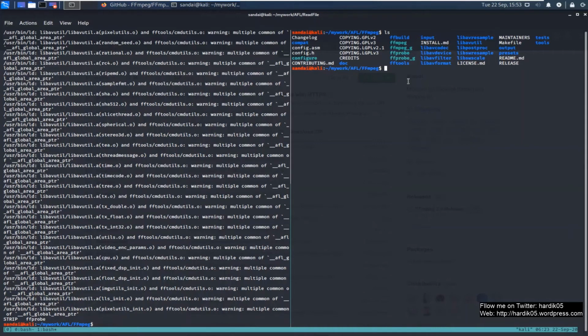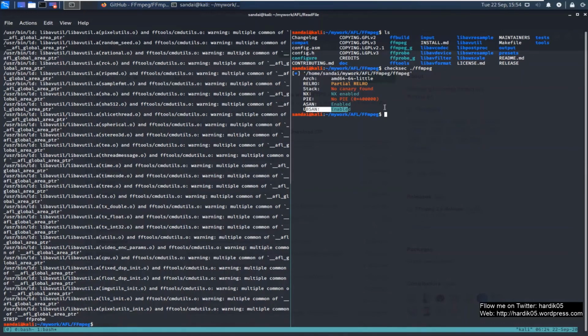For that we will use the utility called checksec from the pwntools package, and we can just give the name of the executable over here, and it can give you the details whether our executable has been compiled using ASan or UBSan or not. As you can see, ASan has been enabled for our binary, and UBSan is also enabled.